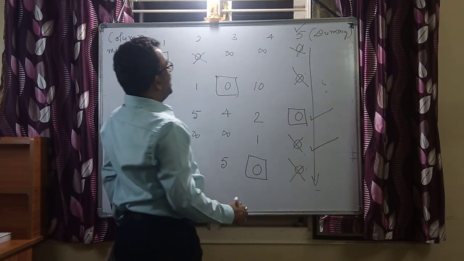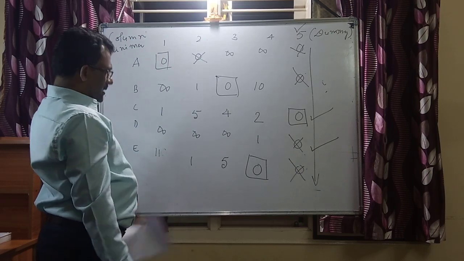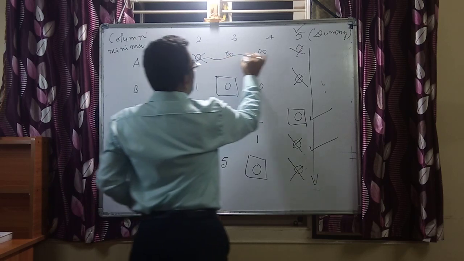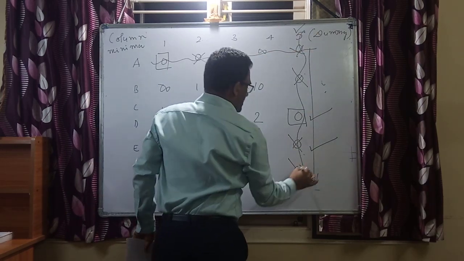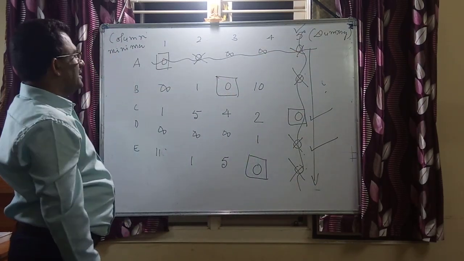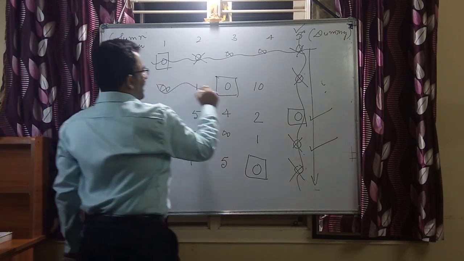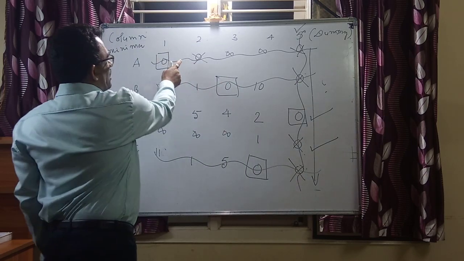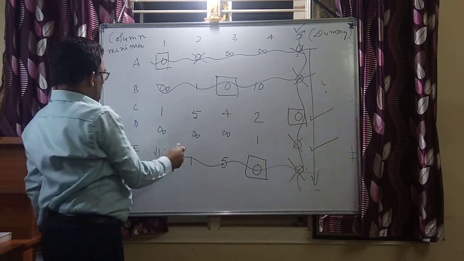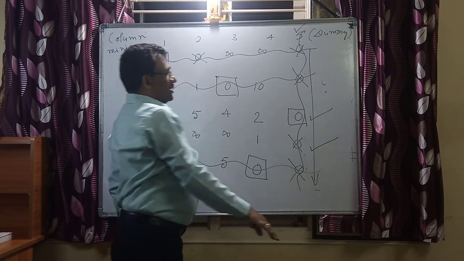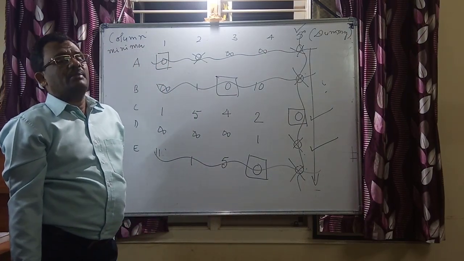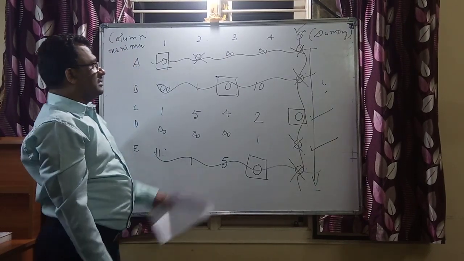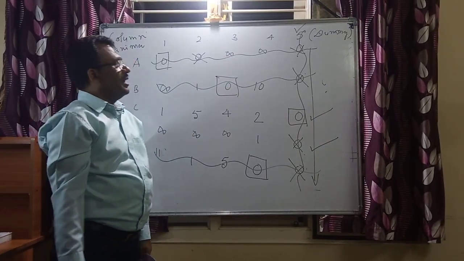Now you have to draw lines through unticked rows as well as ticked columns. Here is an unticked row and here is a ticked column. Again you have one unticked row. Again you have one unticked row. Look at this. Row 1, row 2 and row 5 and the last column are marked by using straight lines. Okay, now it is marked. Draw lines through unticked rows and ticked columns.